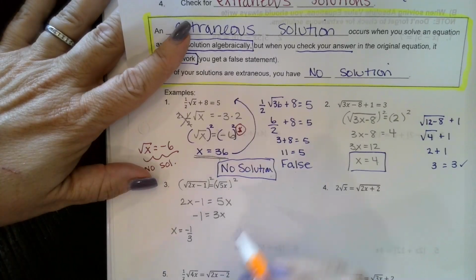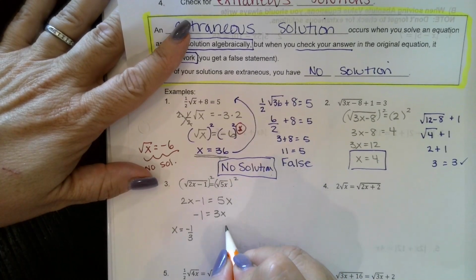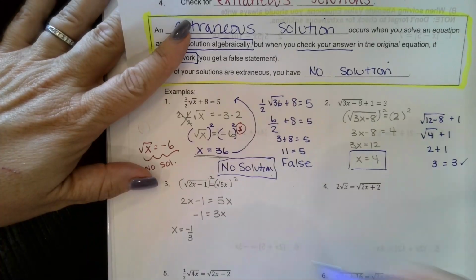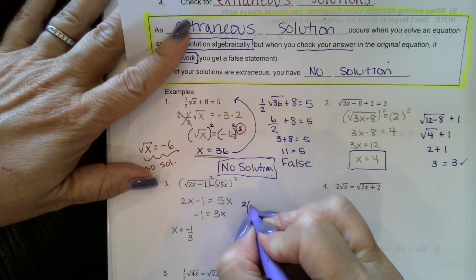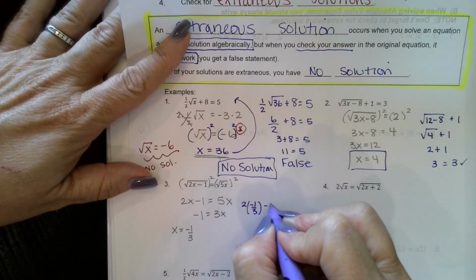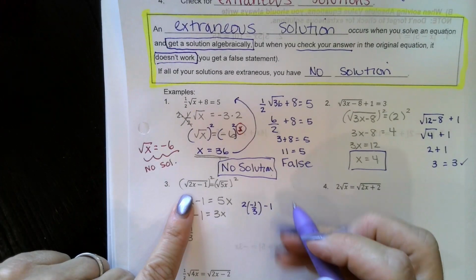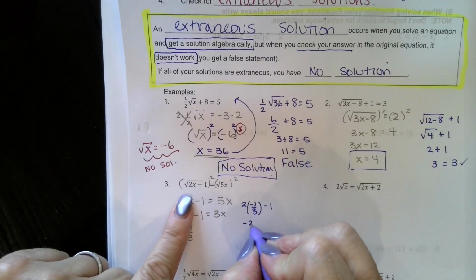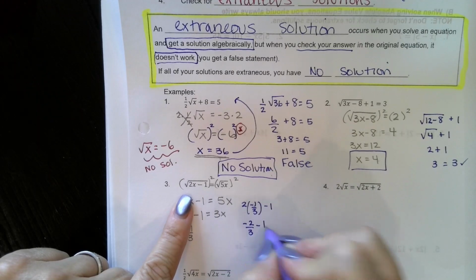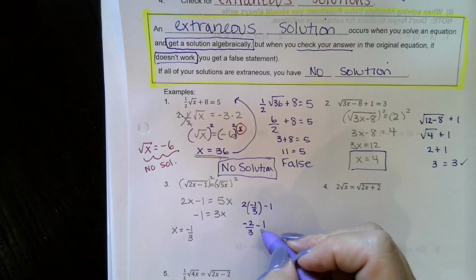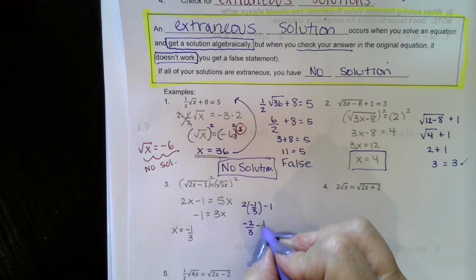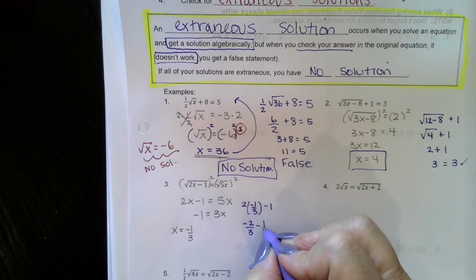Okay, so now I need to go up here and test that. So I would have 2 times -1/3 minus 1, right? I'm doing the left side first. So this becomes -2/3 minus 1. Well, this value here is going to be 3/3, which is a negative number. So this would give me